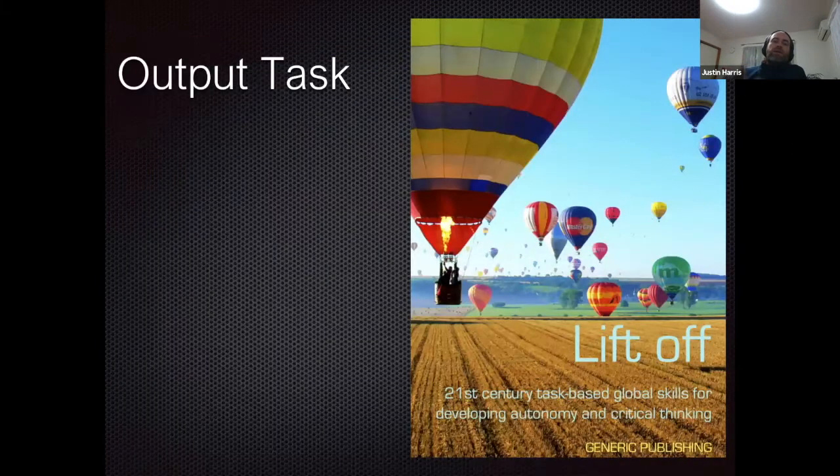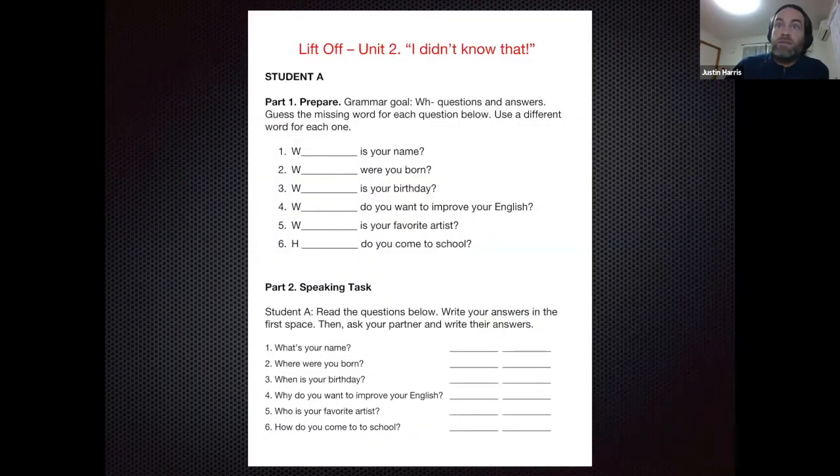And then, as Paul mentioned before, there's the output task. Now, I didn't have to imagine very hard about what would be in Liftoff regarding an output task, because I just used one of the old books that I used to be made to use. I took one of their Unit 1 things, and I didn't take it exactly, because I thought I might get in trouble, but I just redid it. And this is how it was in the books that I had to use.